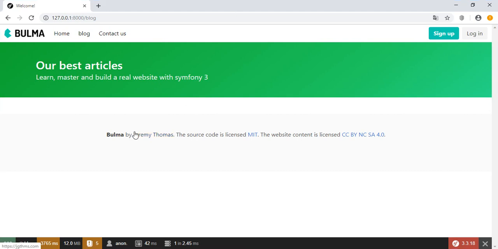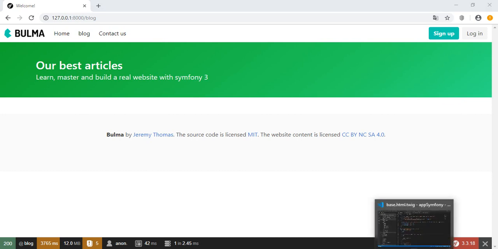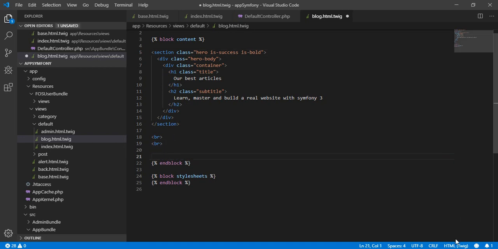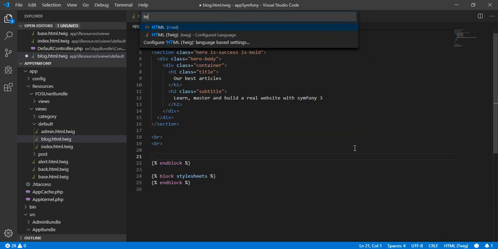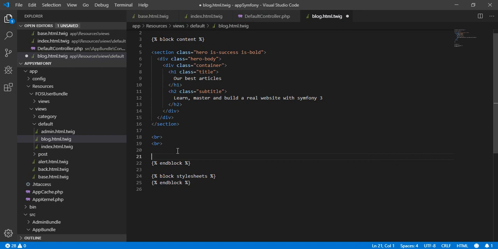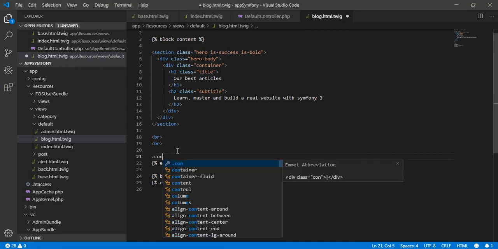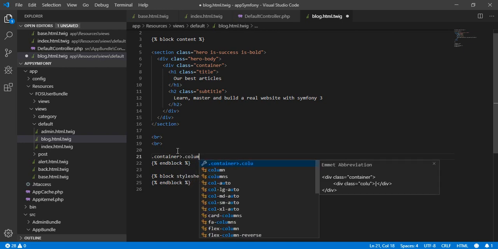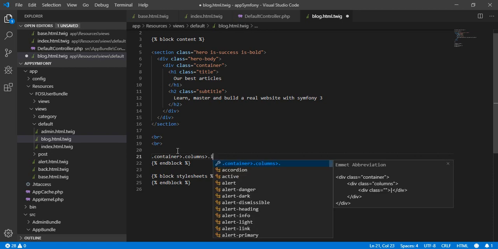In the blog page we will, for example, divide the body into two sections. The first section will be for the post, and we will add, for example, a sidebar if we want it in here. We said that we are using Bulma, so we need to use the grids or the columns. But first I will change this to HTML because I will work with the image. So container, and inside this container a div with columns, and inside it is